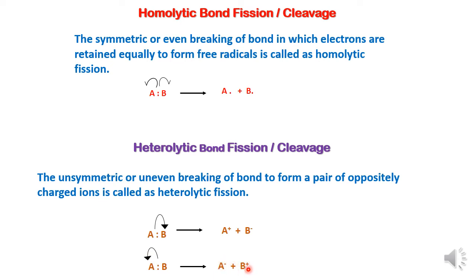So generally what happens whenever there is a chemical bond, the electronegative atom or element has a tendency to attract the electron pair, and therefore if Cl is there, Br is there, F is there, or oxygen is there, they are electronegative elements, and therefore they attract the electron pair towards themselves, and in this case they will possess a negative charge, whereas the less electronegative atom or element will possess a positive charge.